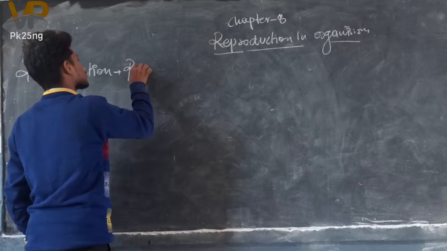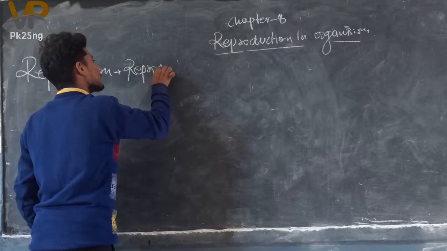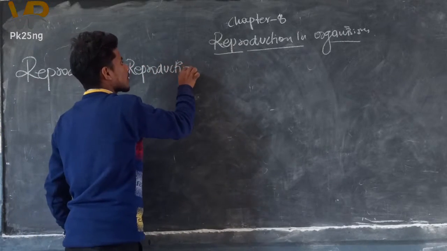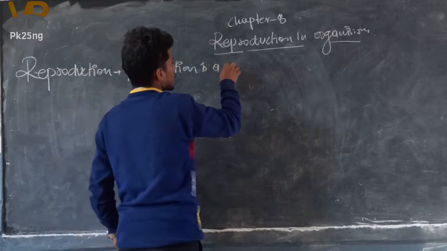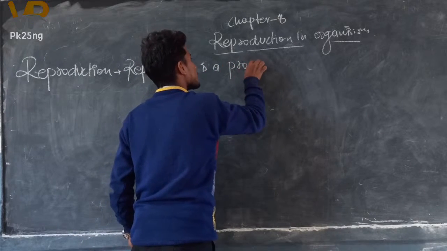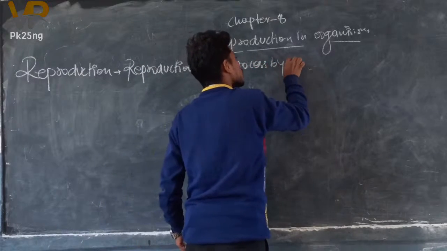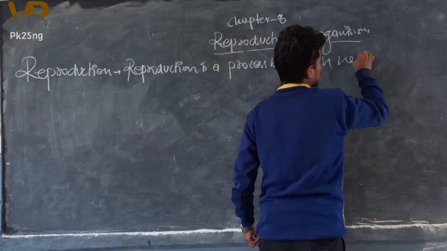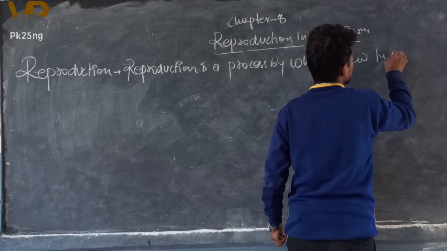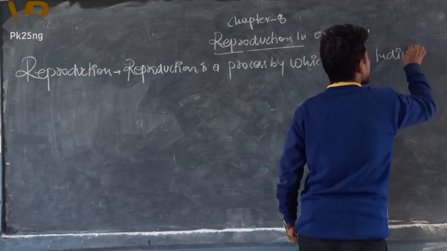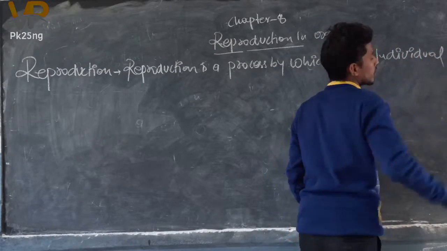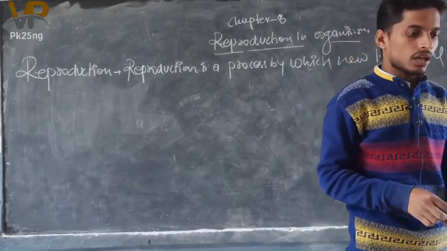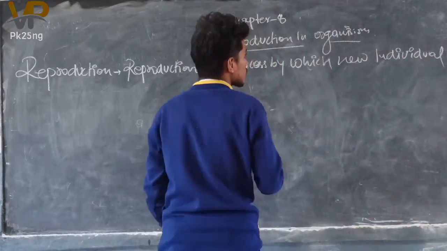Reproduction is a process by which new individuals, offspring, are produced